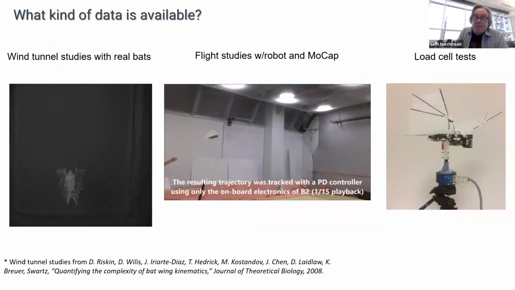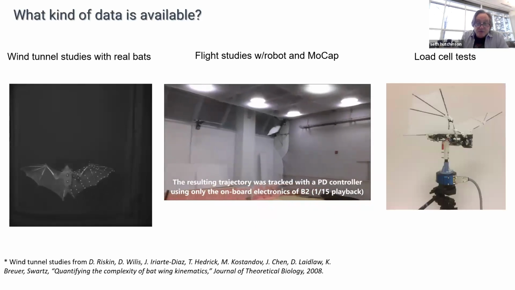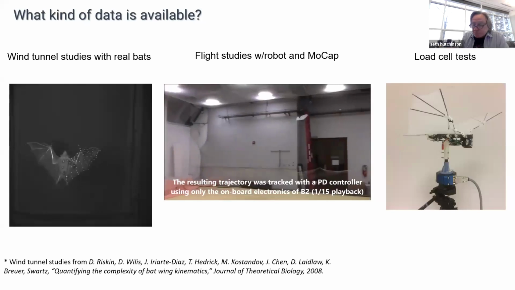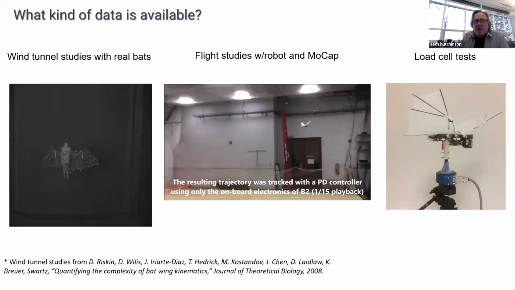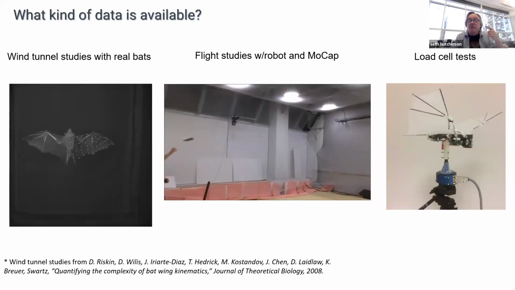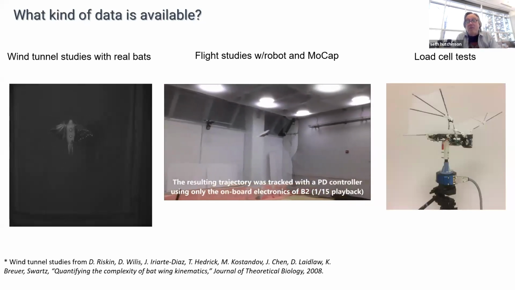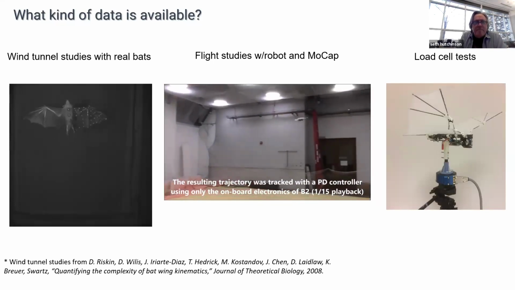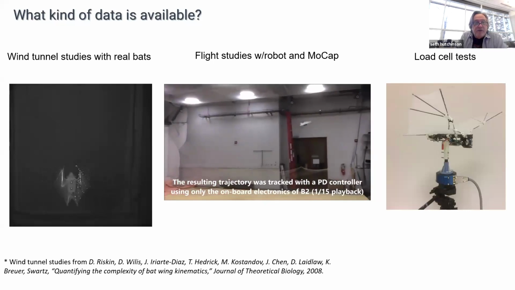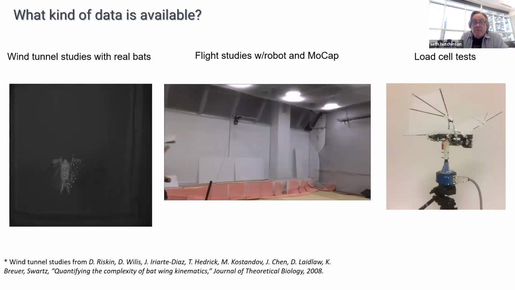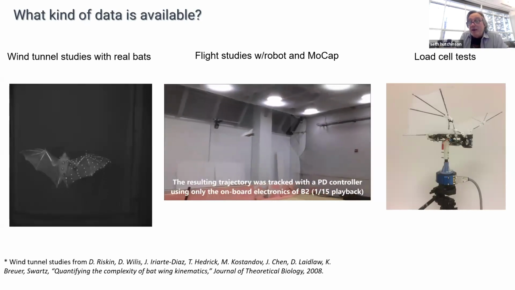If you're going to ask about data-driven methods for particular robot systems, the first question to ask is, what is the data that you might be able to have? What kind of data is even available to you? With the Bat Robot project, basically there are 3 kinds of data that we had. The first kind, in the figure on the left, was motion captured data from a real animal flying in a wind tunnel.